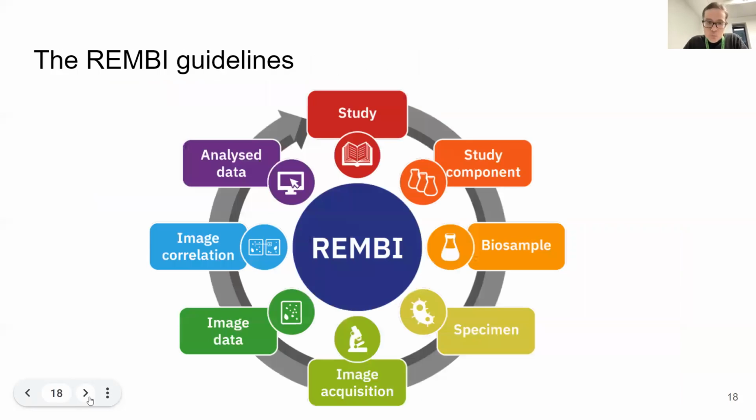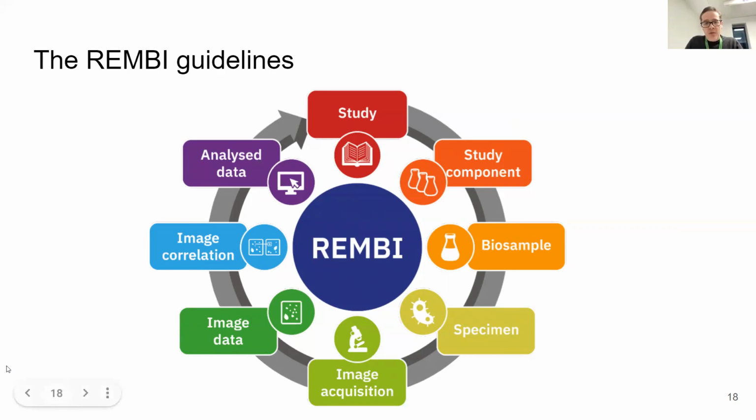Next slide, please. In order to develop a metadata model that is very broad, because one of the problems with trying to cover the whole of bioimaging is that it's everything from light microscopy and electron microscopy to atomic force microscopy. We even have, for example, handheld camera images of insects. It needs to be quite high level to cover these different use cases, but it also needs to be deep in certain places.